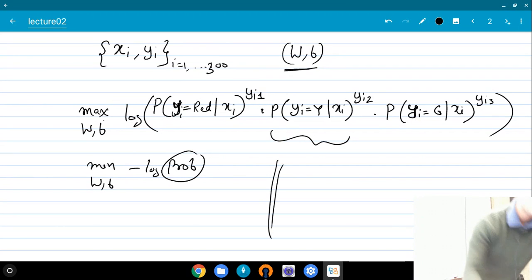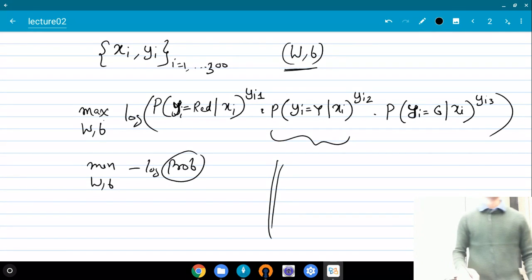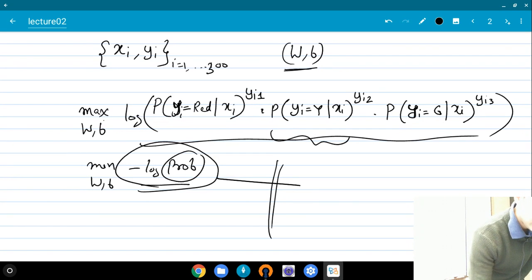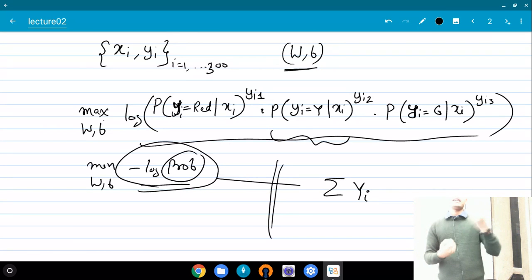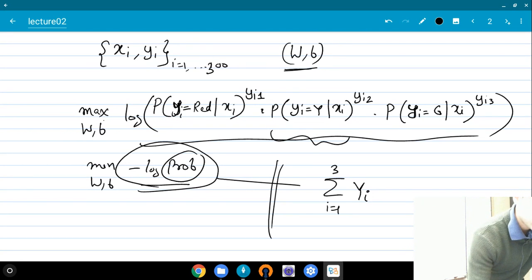So have people seen the cross entropy loss function before? Okay, some of you have. If you do this, then it essentially is the same as writing this objective as a sum over yi. Now I'm using capital Y to represent a generic variable, which in our case has 3 coordinates. So sum over i equal to 1 to 3 of yi times log of